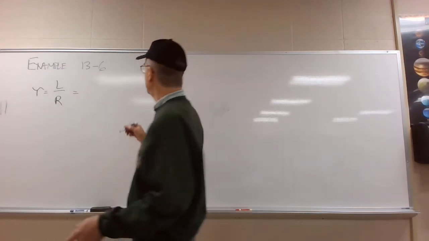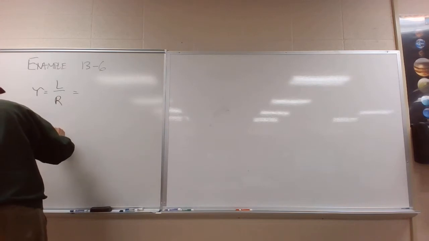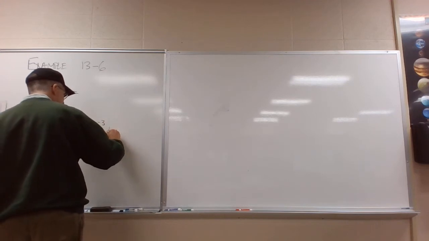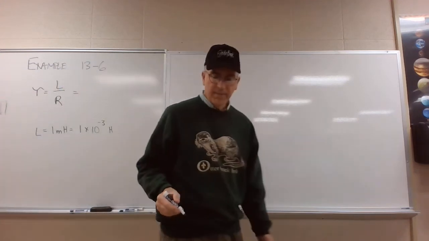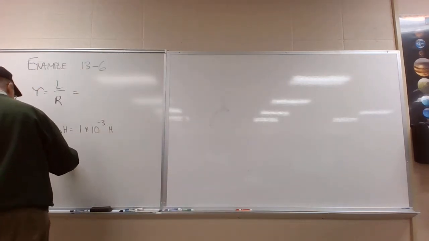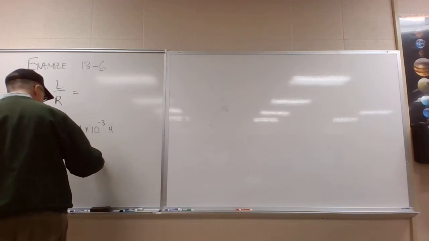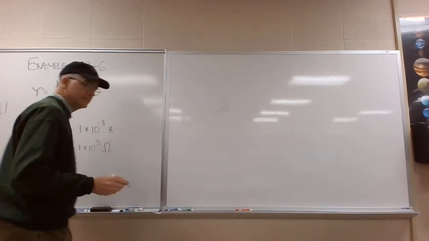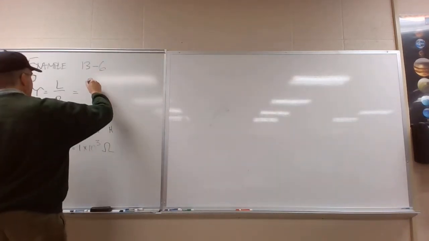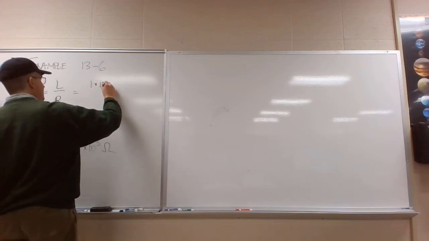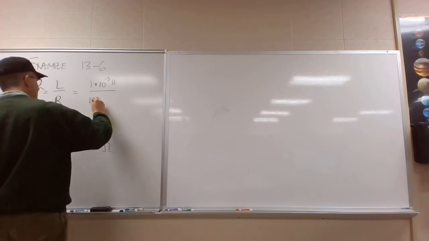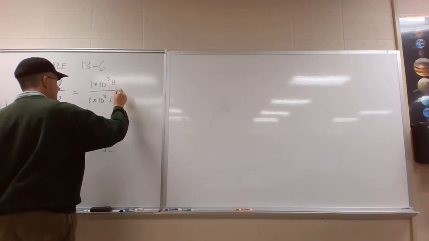So in this case, the inductance L is 1 millihenry, which is 1 times 10 to the negative 3 henries. Okay, and the resistance is 1 kilo ohm, 1 times 10 to the 3 ohms. All right, so I put these in: 1 times 10 to the negative 3 henries divided by 1 times 10 to the 3rd ohms,